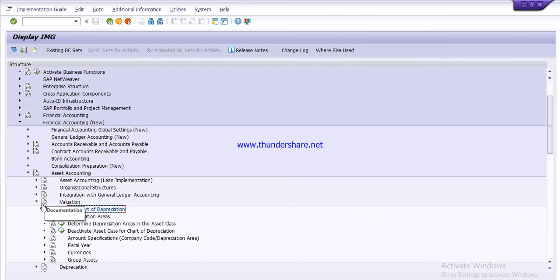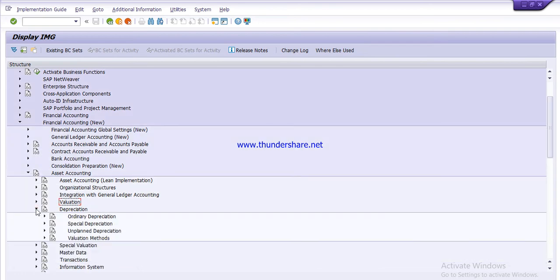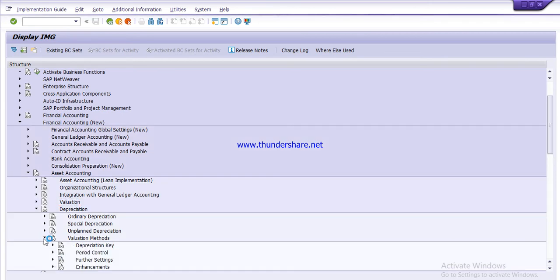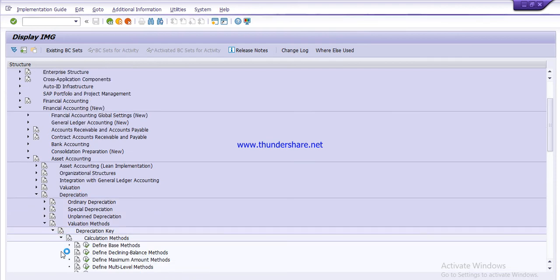Again, the path is the same; in Asset Accounting we will click on Depreciation. Under Depreciation, click on Valuation Methods. Here the first one is Depreciation Key. Then click on Calculation Methods. Here we will see these 4 methods.